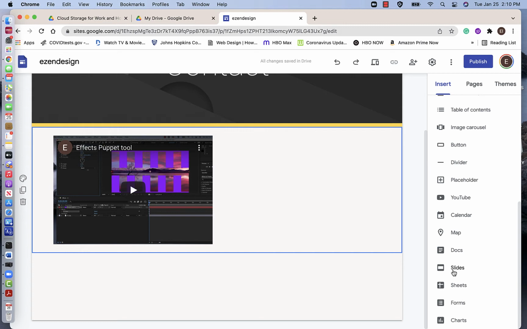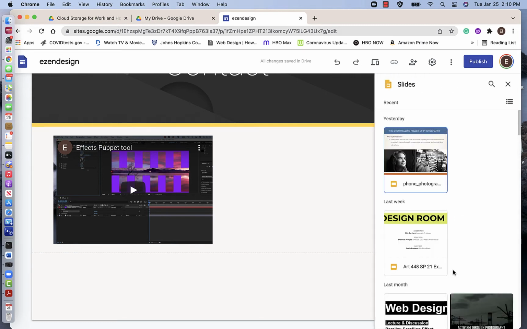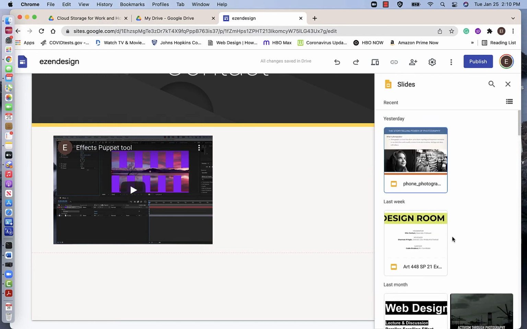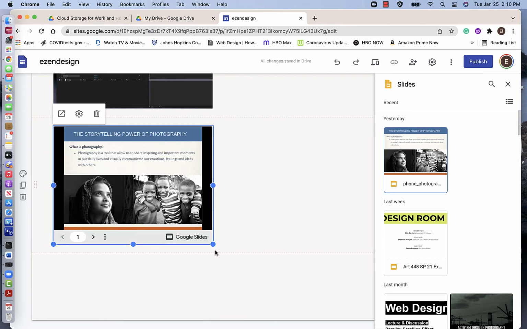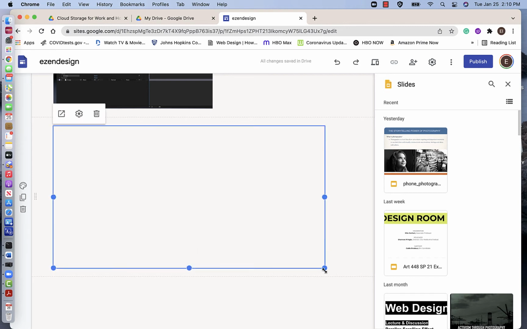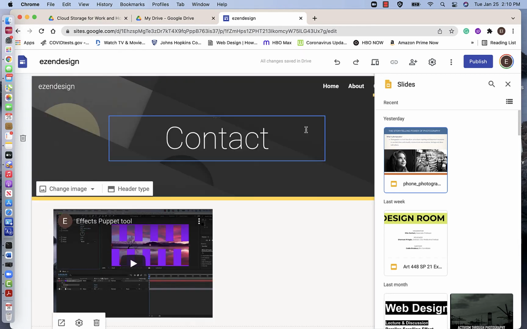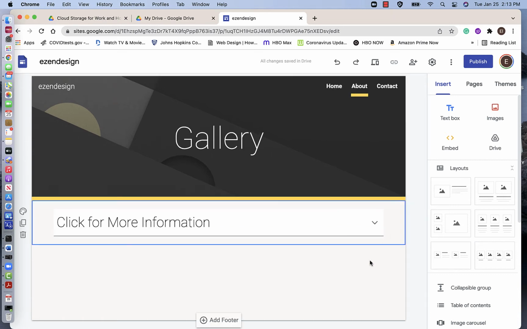You can also add sliders, which is like a PowerPoint, like a slideshow. So this is something that I had already created, and you can just double click it again. It just puts the slideshow right in there, and you can resize the slideshow and make any kind of accommodations, so you can play around on your own